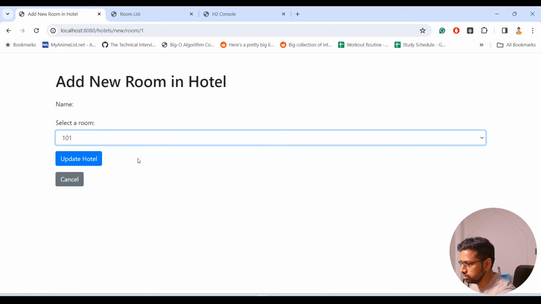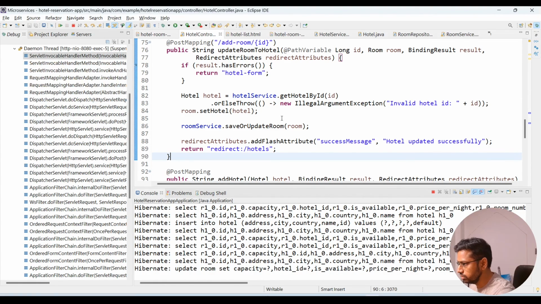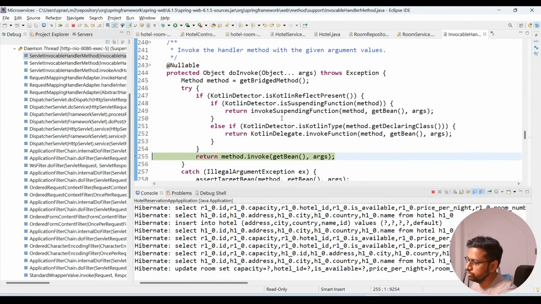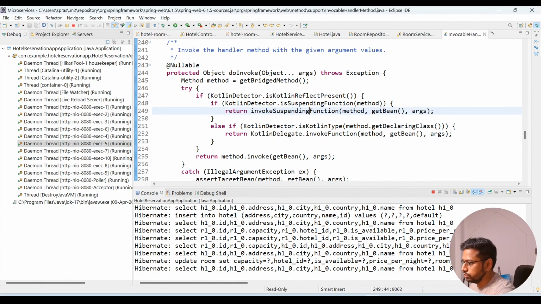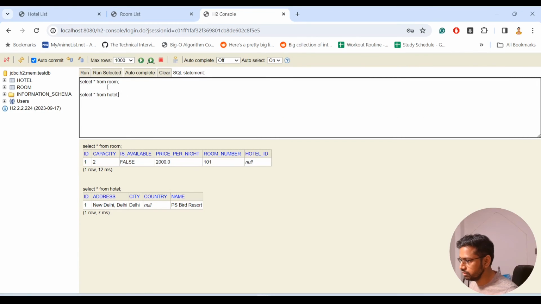Add room, update hotel. Okay. Oh shoot, I pressed F7 by mistake. Oh, I'm a bit sleepy. Let's do it like this. So